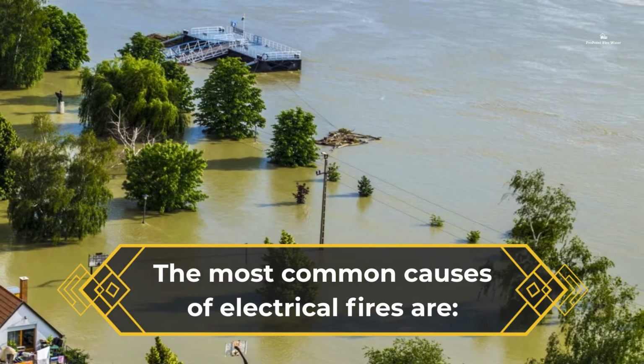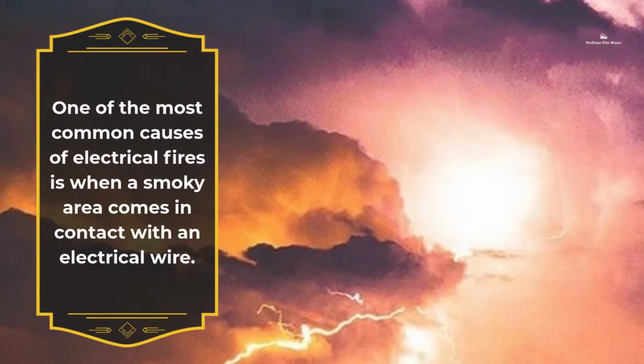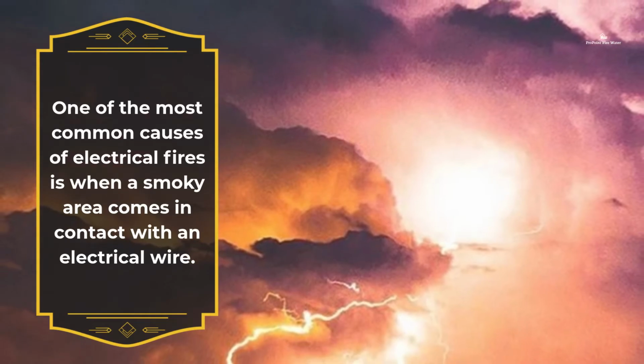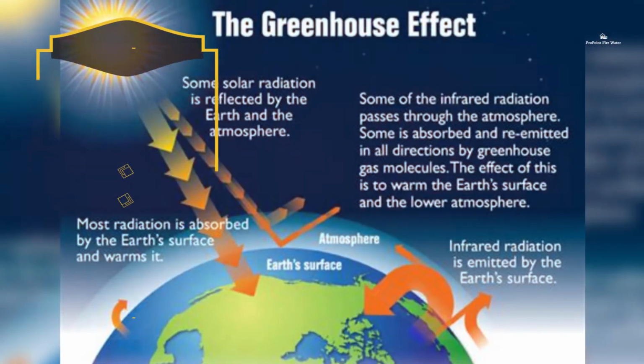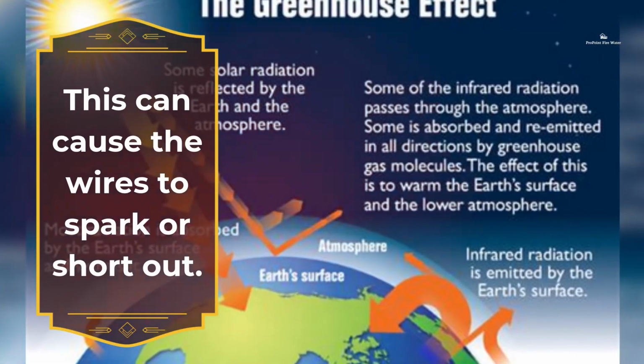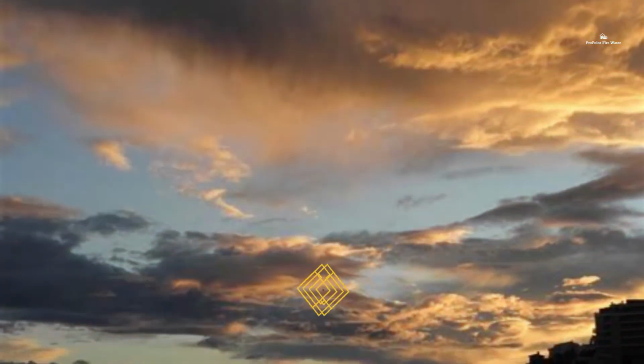What causes an electrical fire? How do you prevent it? After an electrical fire, it is important to understand the cause of the fire. How to prevent it from happening again? The main cause for an electrical fire is an electrical wire that has been exposed to heat or smoke. What causes an electrical fire, and how do you prevent it? An electrician can assess the damage and know how to replace old wiring.